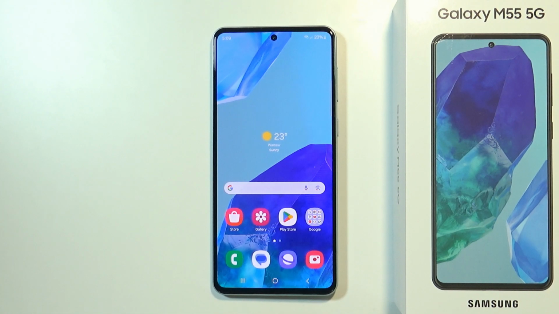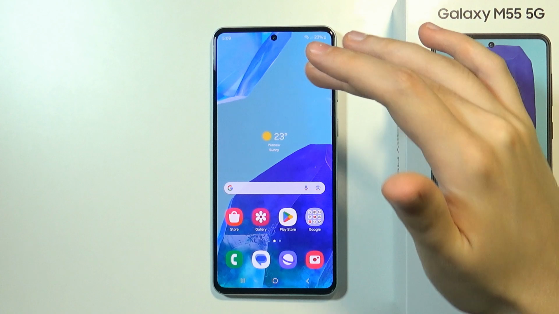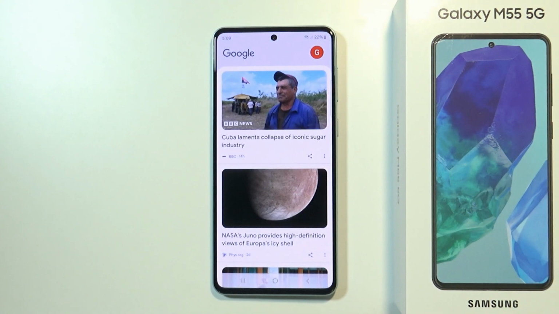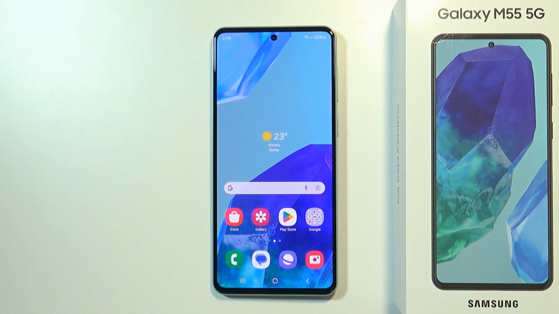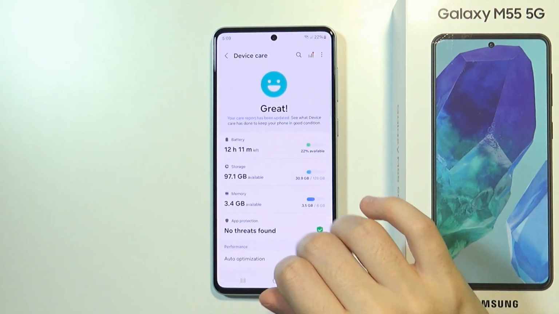Another thing that you can do, if you use a live wallpaper, for instance from TikTok, then you can just change it to a static image like this one over here. Of course you don't really have to do that, but this is definitely a great way to free up some RAM. And if you don't know how to change the wallpaper yet, then you need to go to the settings,